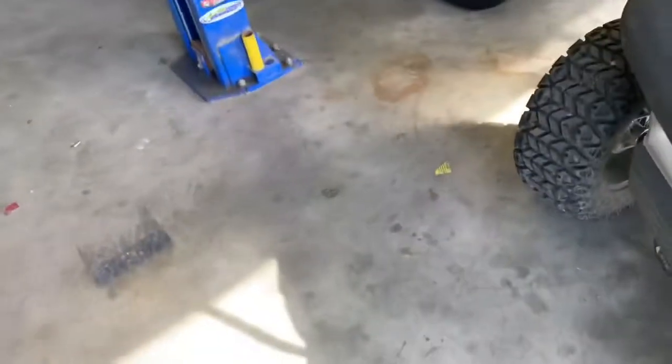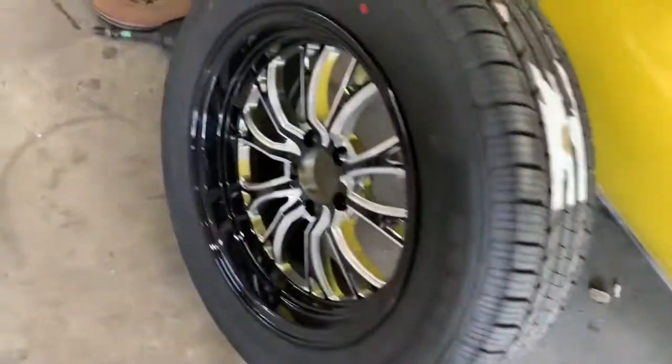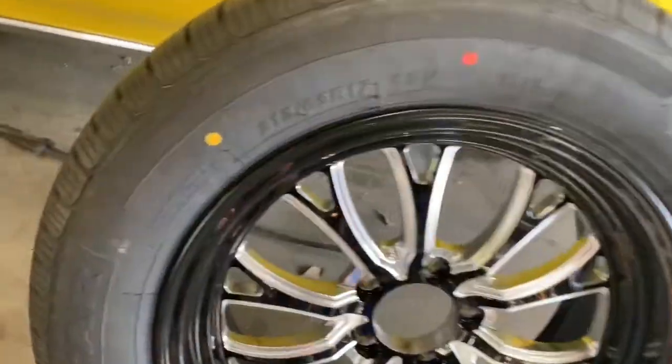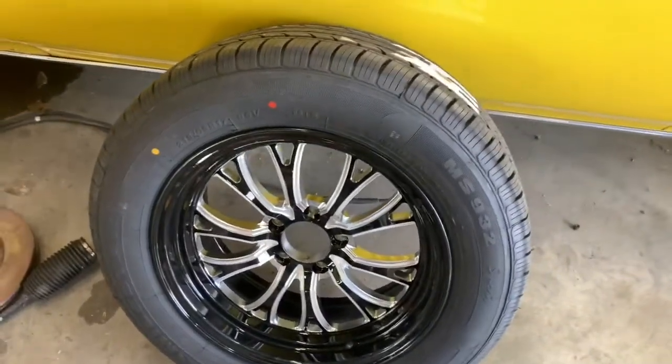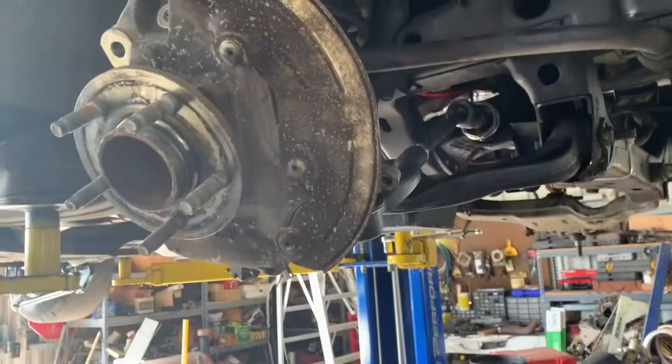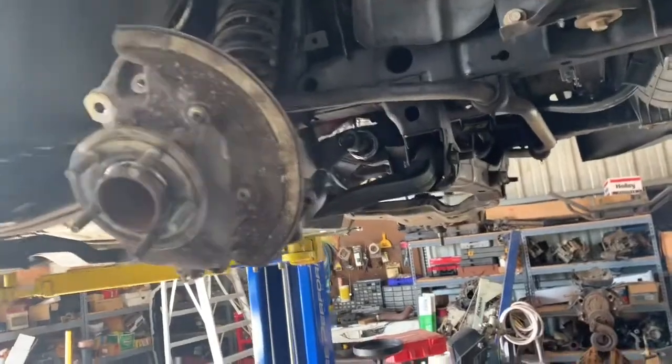And then I'm gonna run some 17x7s on the front with the 215/65R17. Some cheap tires off Amazon. And I'm running them on this car too. But that's about it. Those are just some of the problems you might run into when doing the 5-lug conversion. Oh, also on the